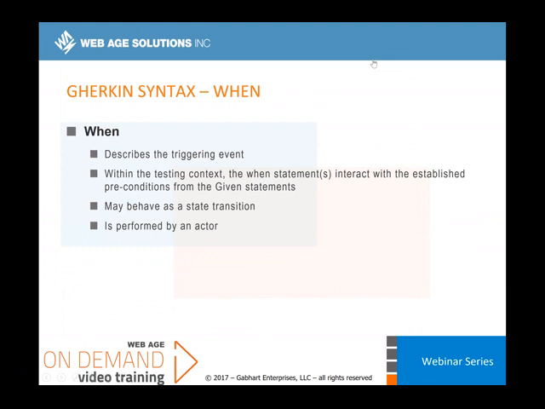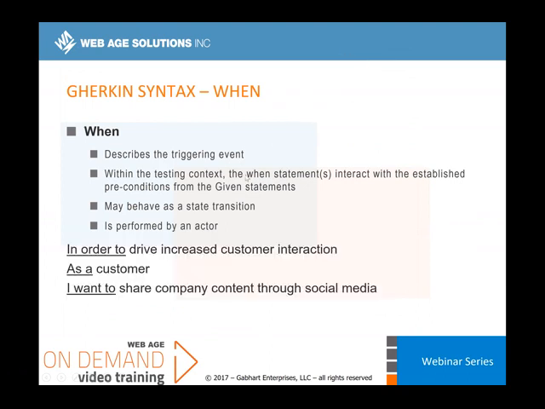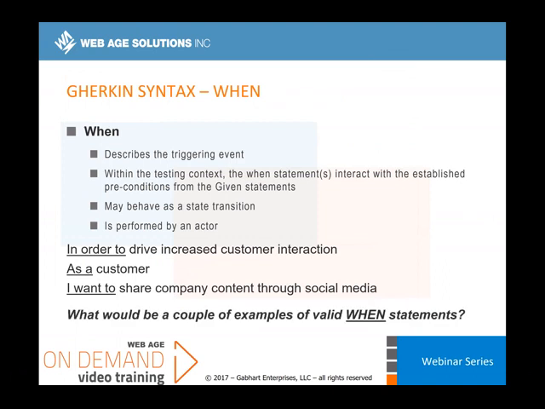So it's pretty common for that to happen. Doesn't mean it happens every time, but it is common. And lastly, the when is always performed by an actor. So if we assume the exact same story, what might be a couple of examples of some valid when statements? So it could be when content is shared, when a customer follows a company's social media content,